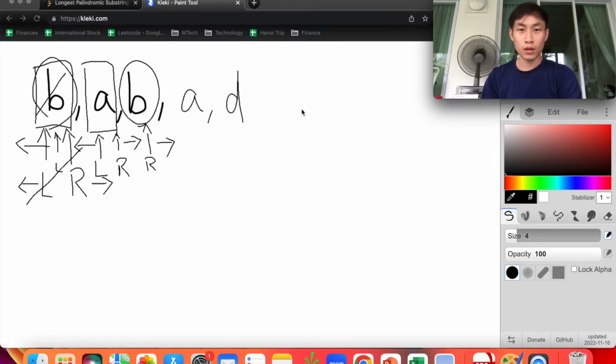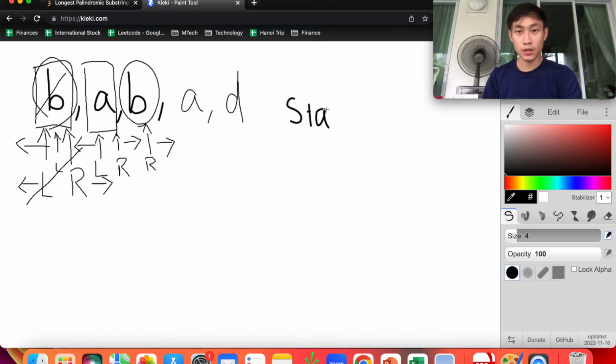So the formula for the start index is actually I, which is the anchor point where we are at. For example, at this example, the index of I is 1, minus the length minus 1